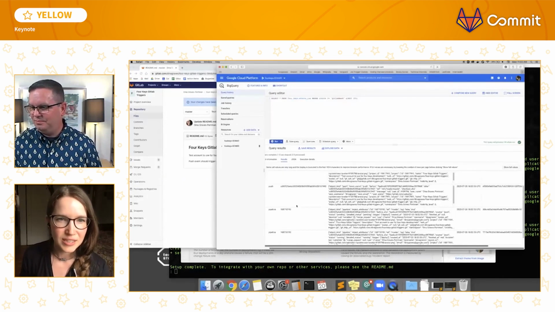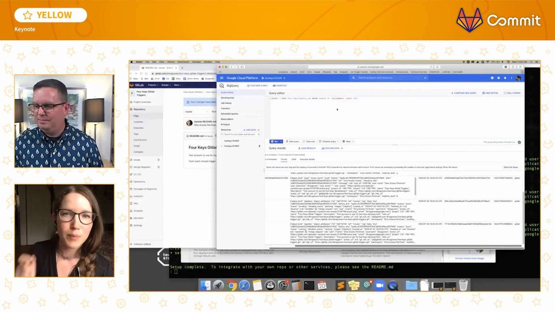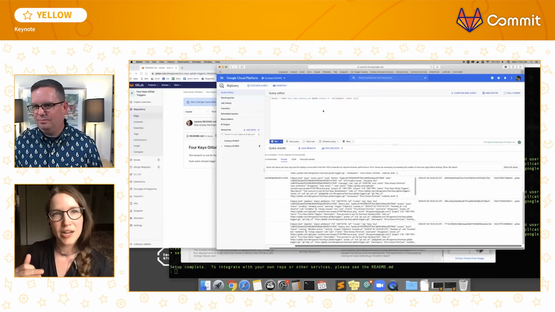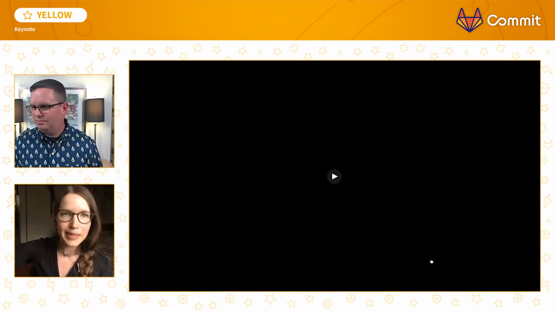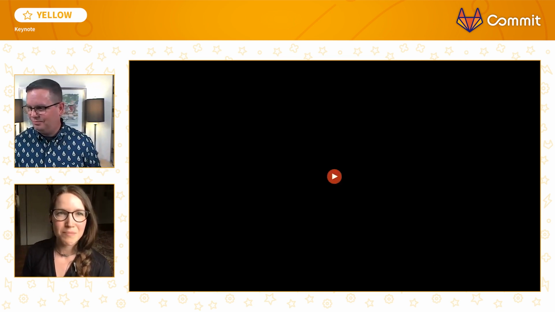And let's do another select star. Oh, so we have a new push event, exactly what we wanted to see. And we have 2 pipeline events. So that's like the pipeline starting and then working and then completing. And that is how you set up our 4 Keys project.